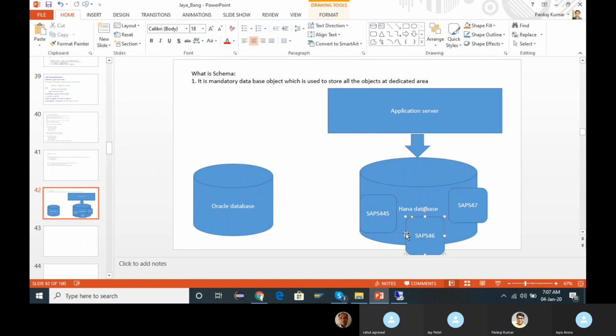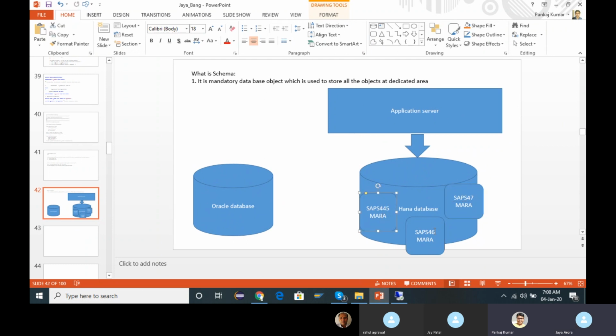Suppose you are going to create MARA over here. The same object you can see in this MARA, and the same MARA you can also see over here. Pankaj: I feel you're talking about the multi-node system, correct? A multi-node system where we have a single database but different applications running. I don't know about that multi-node system, but it is like this.